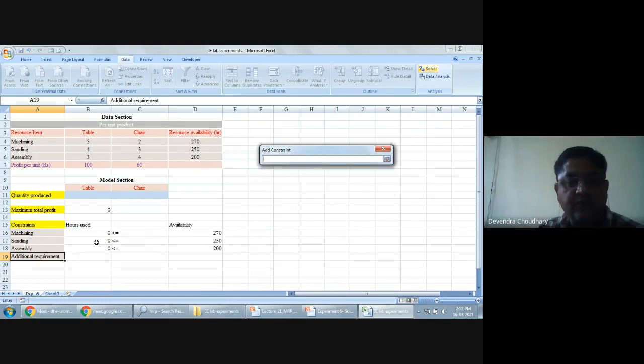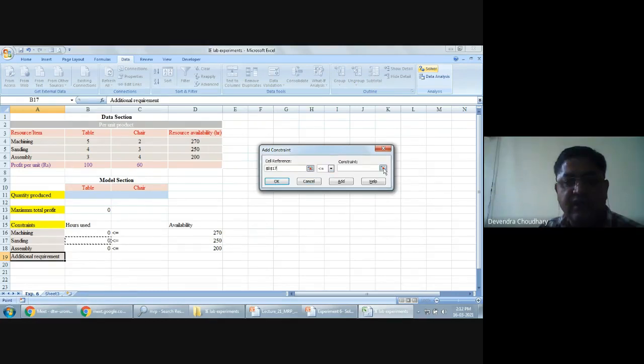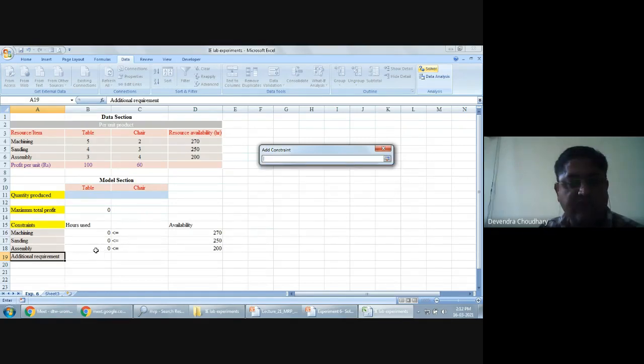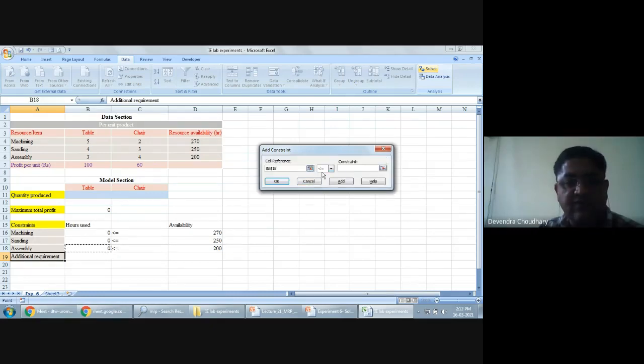So this is the left hand side. It is again less than and equal to type, and the right side is this one, the second constraint. Similarly, we define the third constraint. The left hand side is this one. It is also less than and equal to type. Here we need to match the correct type of value to pick from this drop down button.